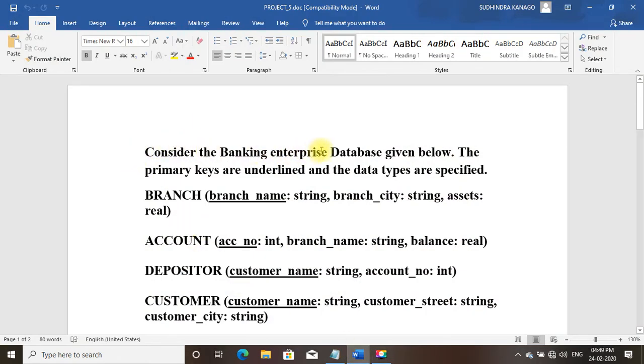Consider the banking enterprise database given below. The primary keys are underlined and data types are specified. Branch: branch_name string, branch_city string, assets real. Account: account_number int, branch_name string, balance real. Depositor: customer_name string, account_number int,